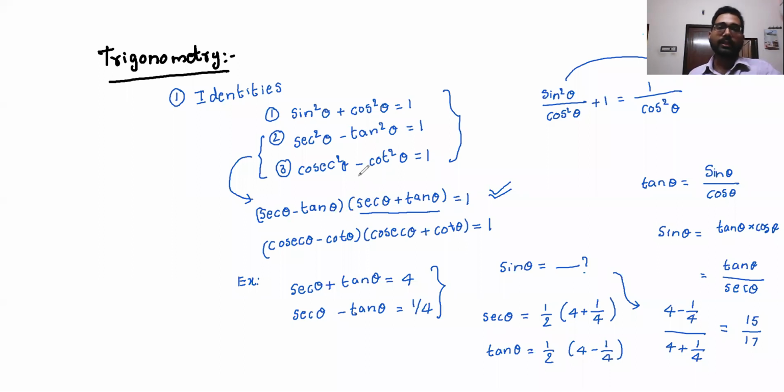So these are the identities. I know that you all know these identities in 10th class itself. In 10th class, you might have dealt with when theta is less than 90, when theta is between 0 and 90. Now we are going to go for when theta is more than 90 as well. So for example, let us go to the next slide.